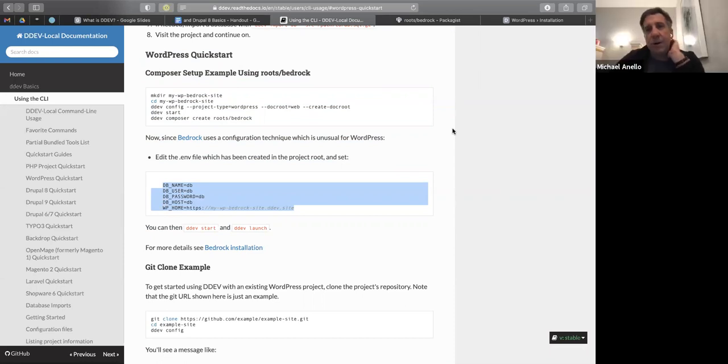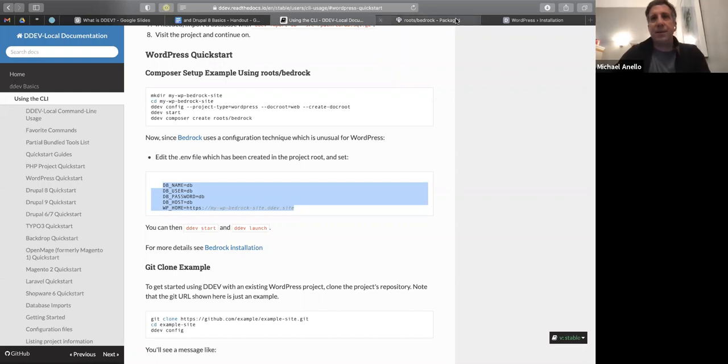All right, so we're out of time. So in 2 weeks, I'm going to do another example. The example I actually prefer is I like to clone an existing site. So I've got an existing site. We're going to clone it. We'll go through it step by step because we'll touch a lot more of the DDEV commands. And then if we have time, I'd like to show something else which I've been playing with, which is,